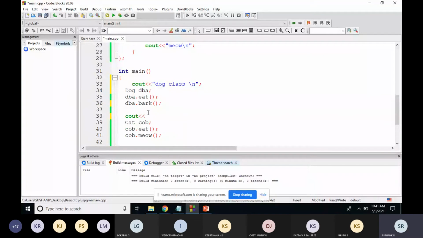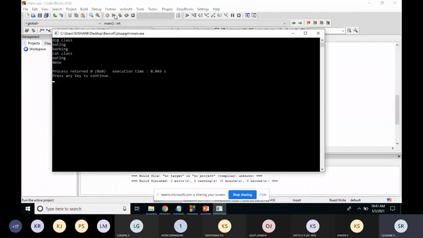Dog class, cat class. Okay, so we'll check. Now you can see, now you can check. I'll just build this and run this. I'll just add the new line parameter.